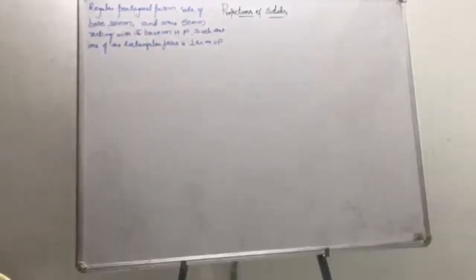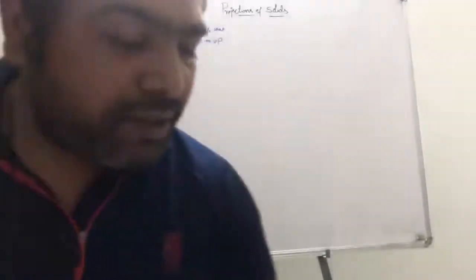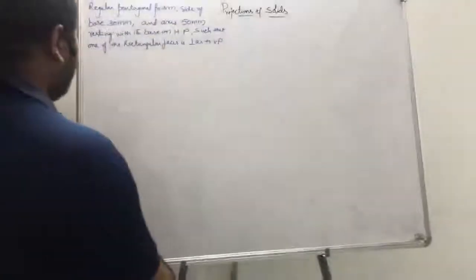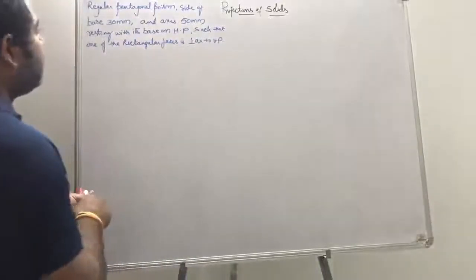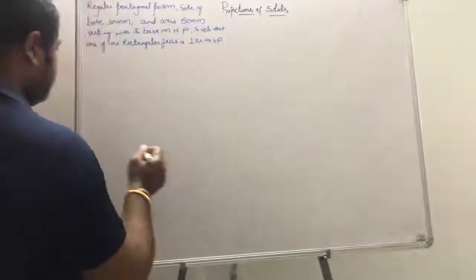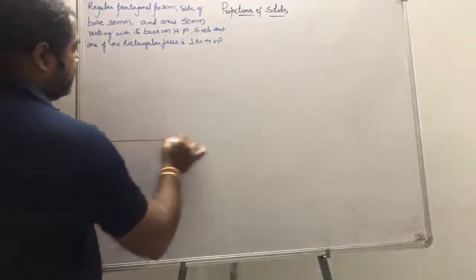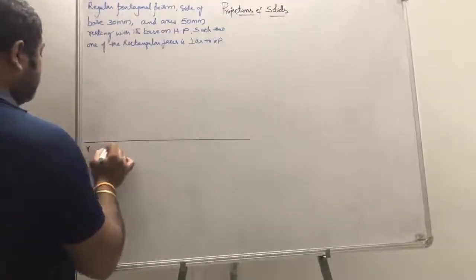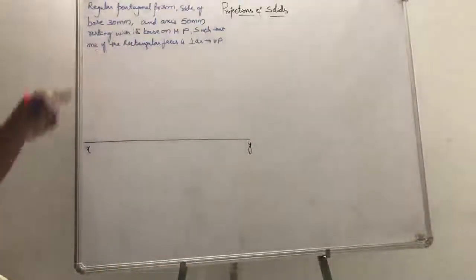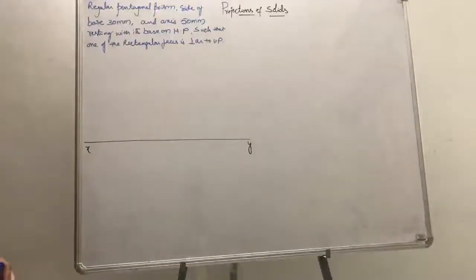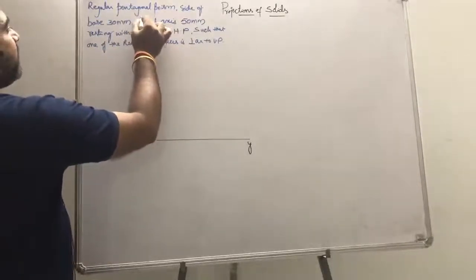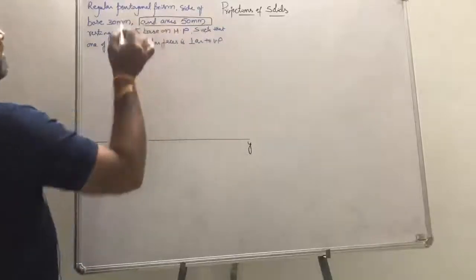So let us see, as like the previous problems which we did, regular pentagonal prism means having the base shape of a pentagon. Next, base side is 30 and axis is 50 mm height. So if I just didn't consider this, if I didn't consider axis, then it becomes,